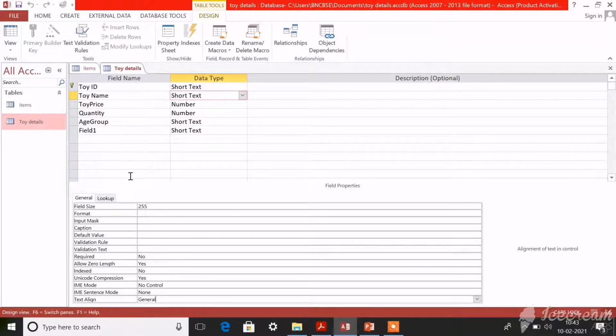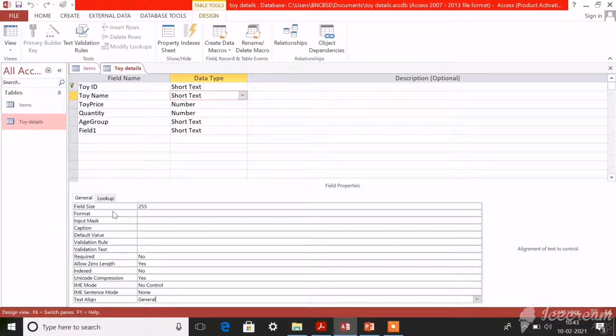When we enter currency in the data sheet, you will make use of this number and currency format, which will be visible in the field properties. Right now only the default field properties are available here. Once you enter different kinds of data inside your data sheet, you will be able to see different options available under each property.